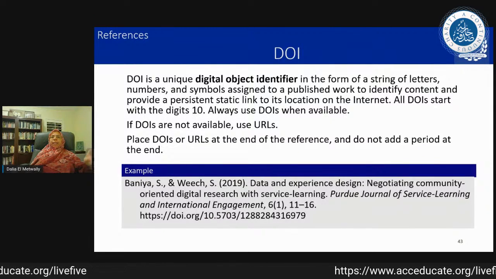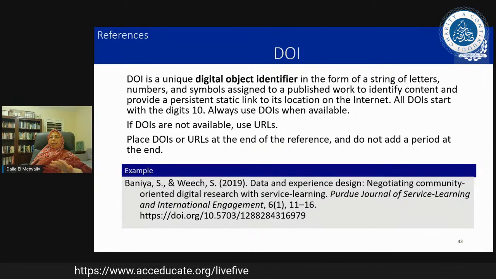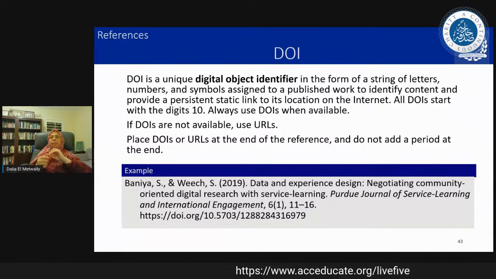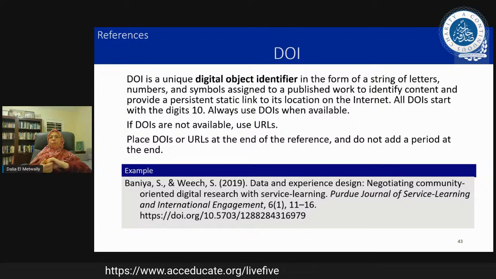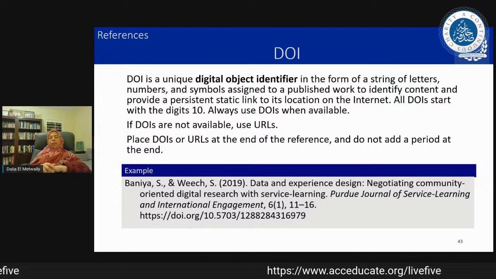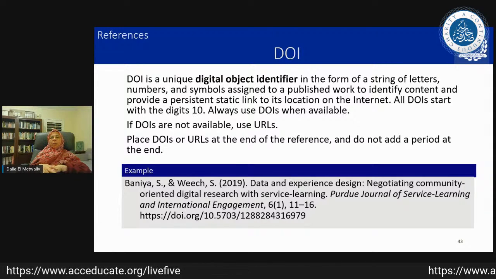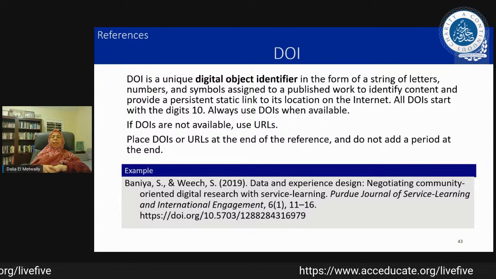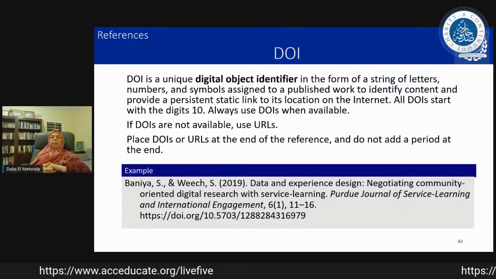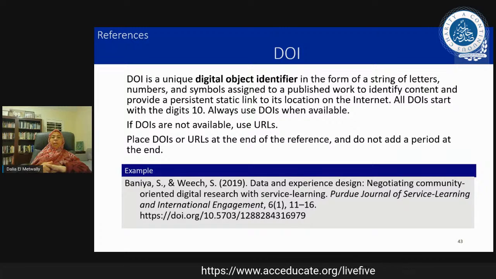What is a DOI? It's a digital object identifier. It's a specific format, a string of letters, numbers, and symbols that is completely unique to a published work, and it makes it so much easier to identify that work and go to it directly. Sometimes websites close, sometimes they stop working, and the DOI is something that is always constant and doesn't change. So DOIs, of course, are the preferred thing to use with APA and MLA.